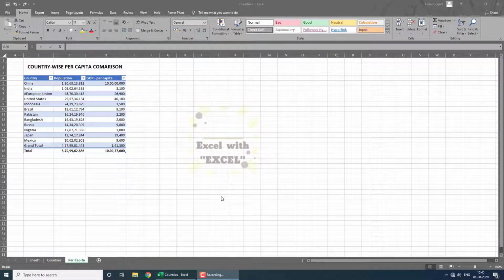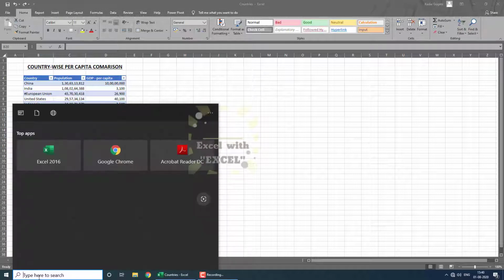In this example, we are going to see a very basic but very useful trick to integrate the data between Word and Excel files. So generally, what do we do if we want to copy a table or data into our Windows Word file? Most probably what people do is, let me show you.